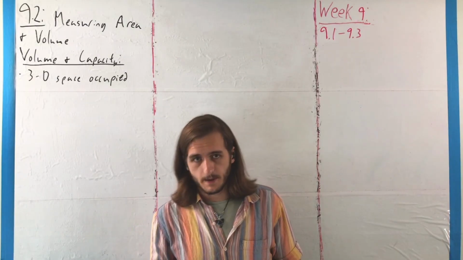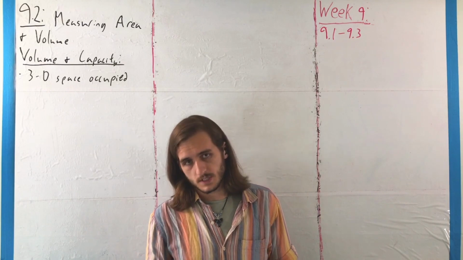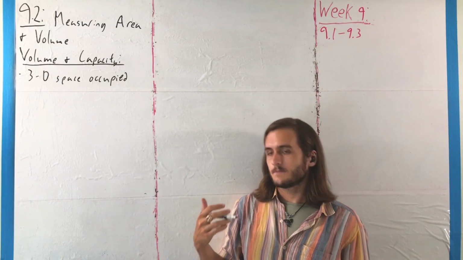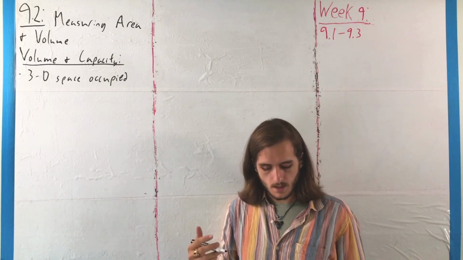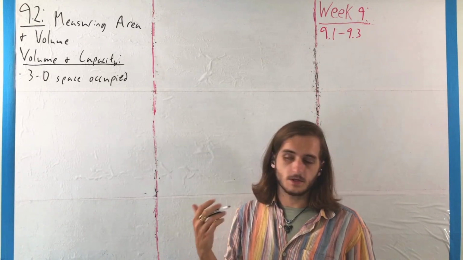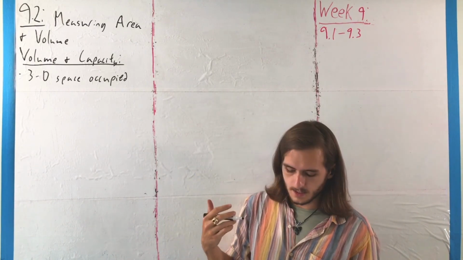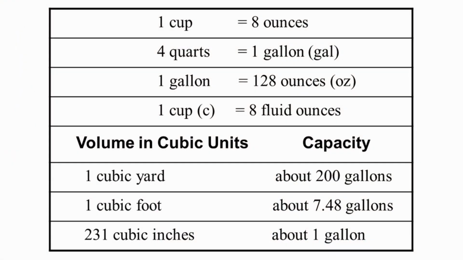When we're dealing with volumes and capacities, we have a lot of the same sort of concerns that we did in terms of areas and lengths, for things like dimensional analysis, making sure we have the right units, the right amounts there. We also deal with the capacities, as I said, that 1 cup is equal to 8 ounces, 4 cups is a gallon, 1 gallon is 128 ounces, 1 cup is 8 fluid ounces, or we have